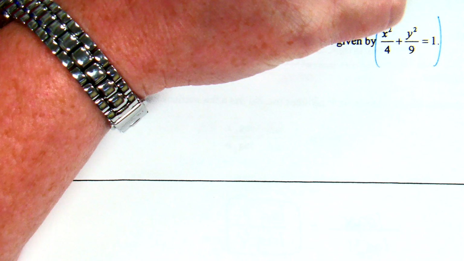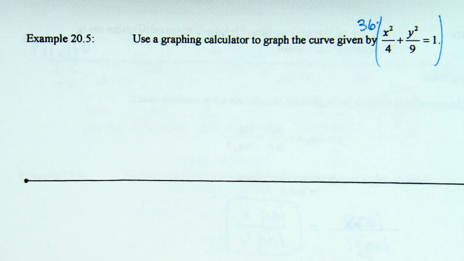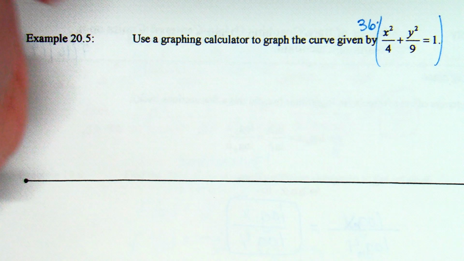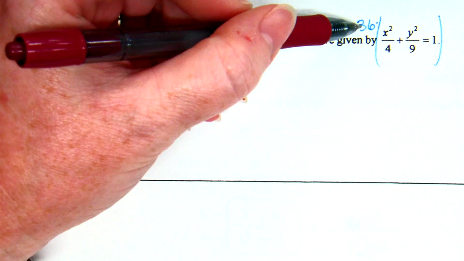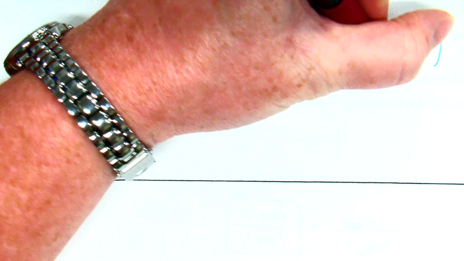So we're going to multiply everybody by 36. When you multiply x squared over 4 by 36 over 1, 4 and 36 cross cancel, leaving a factor of 9. So 9x squared plus, cross cancel 9 and 36, a factor of 4. 4y squared equals,